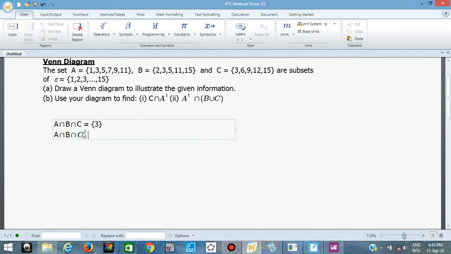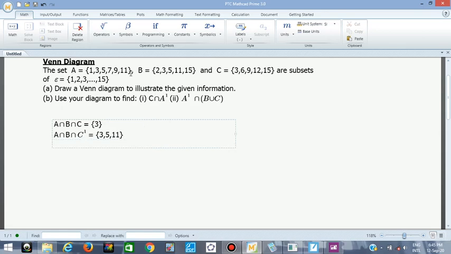Then it's equals to, this one is equals to what now? So those elements we have in A and B, but they are not in C. That is, you have your 3, it's one of them. You have 5, it's one of them. Let's look again. There's no 7, 9, but 11 is also present. So that is all. Okay, we are through with that.